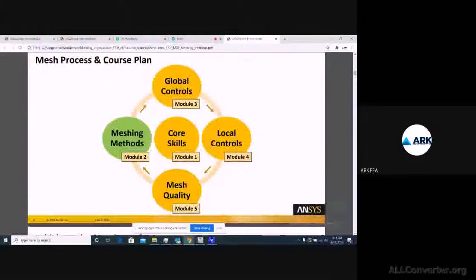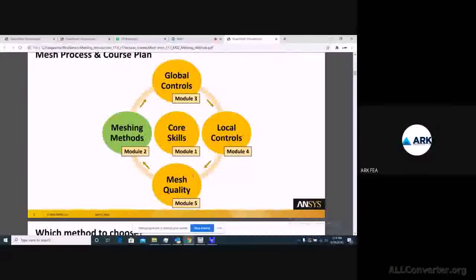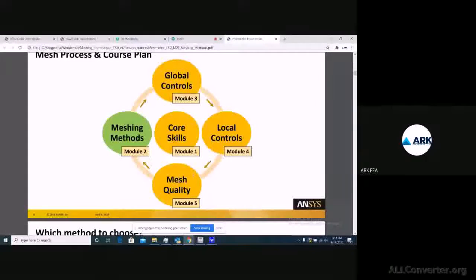Yeah, so the different modules, what exactly is needed for you to deal with mesh: the core skills will be checking. Then in the second module, as we discussed, we will see different methods and how to check mesh quality. Then global controls we will check, that is if you deal with a complete assembly kind of geometry, how you are able to apply changes.